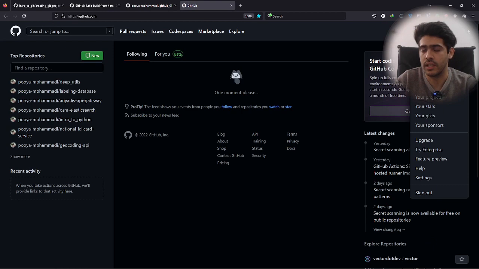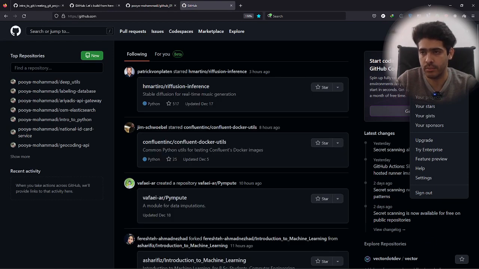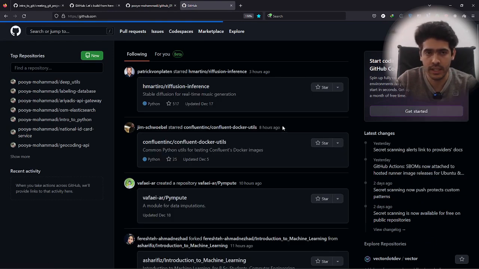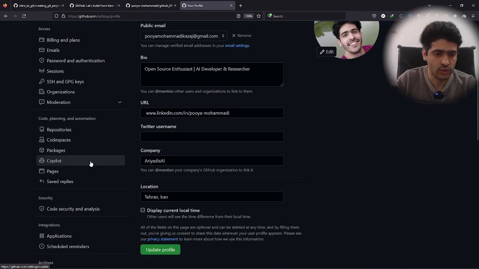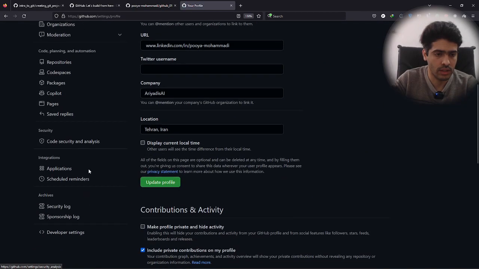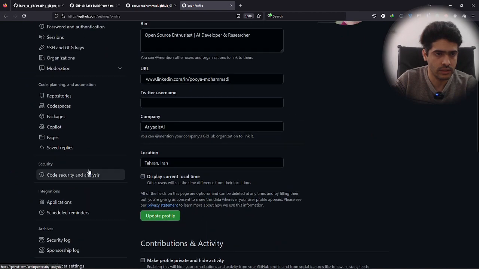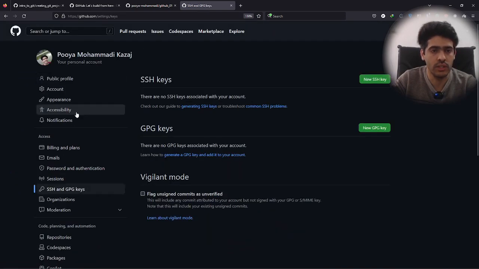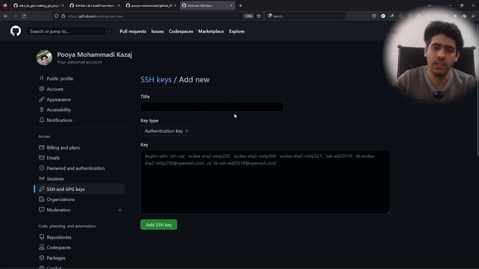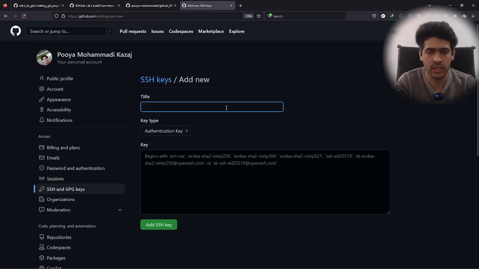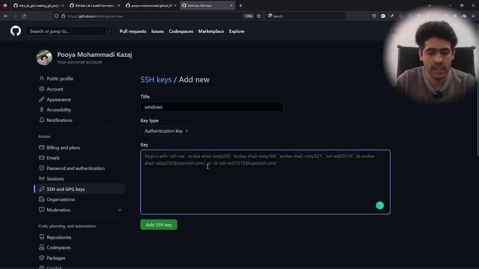Click on your profile picture, and on the settings, go on to, I lost it, where it is, yeah, SSH and GPG keys. Here, we want to create an SSH key. So click on the new SSH key. You can have a title. I'm gonna go on with Windows. This is my Windows machine, so I'm gonna call it Windows. And here, pass in your